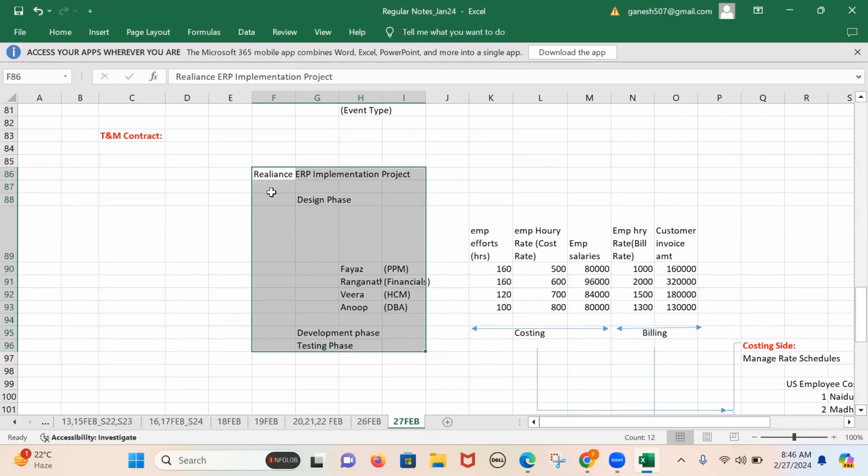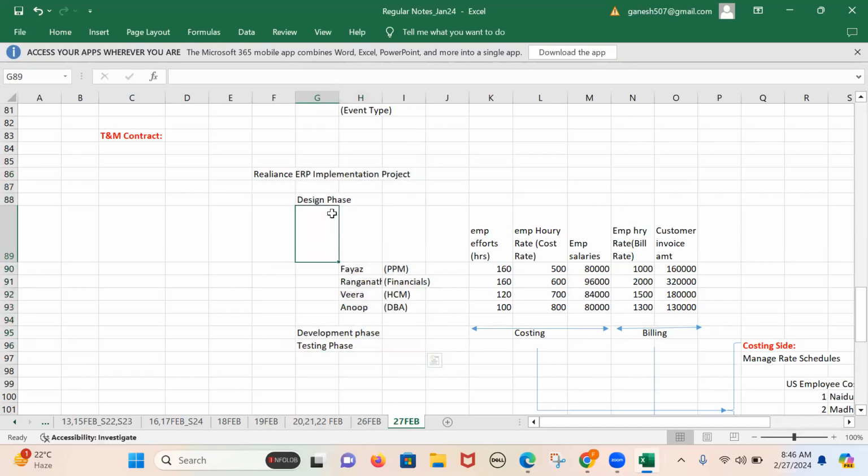So after the contract is signed, we started creation of the project in the system, and right now we are in the designing phase. The company has allocated these resources, one resource from each module. Initially, for the execution of this designing phase, I planned 160 hours for Fayaz and 160 hours